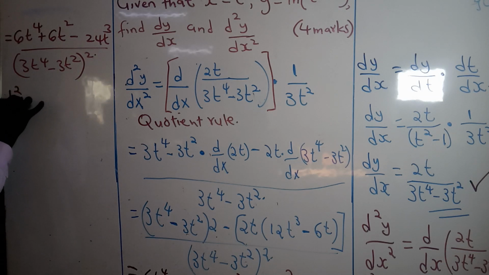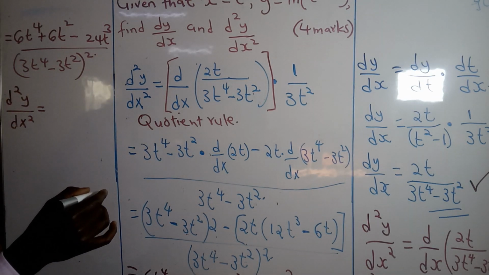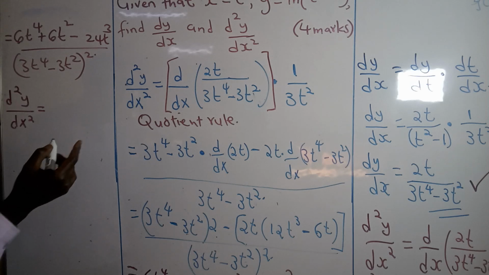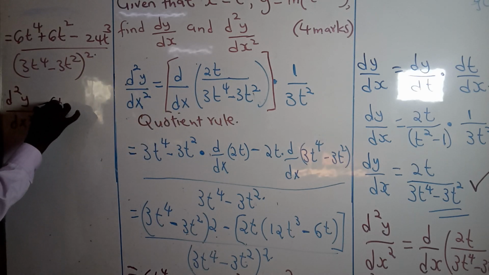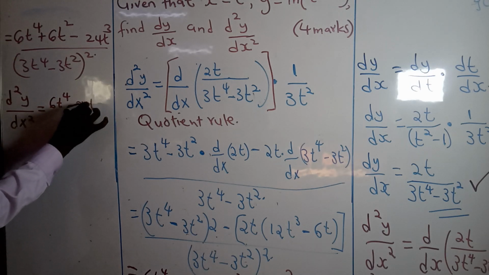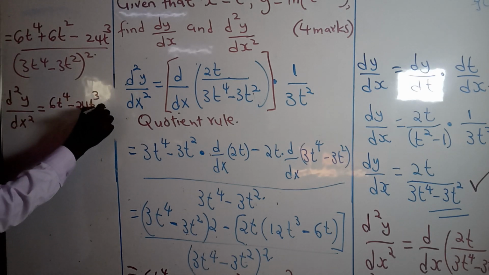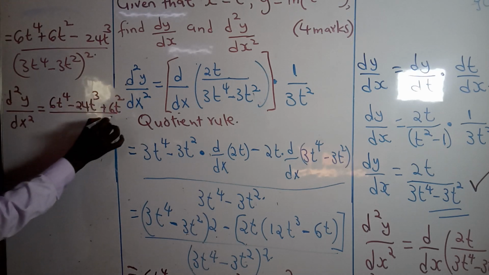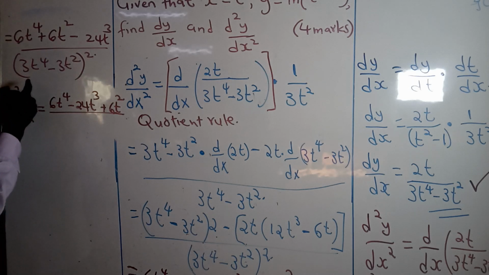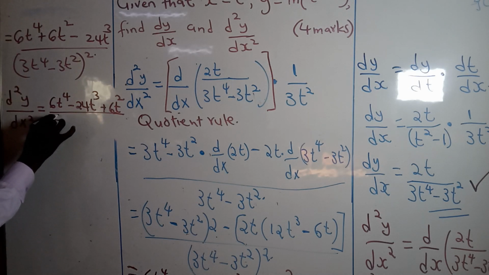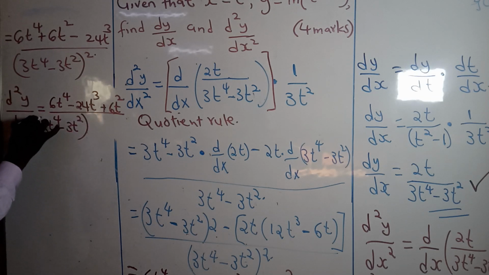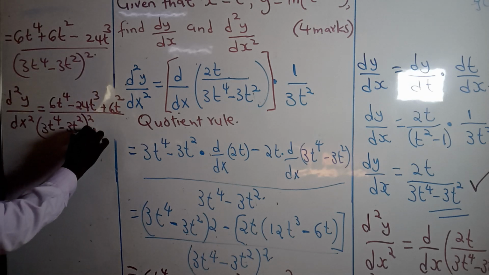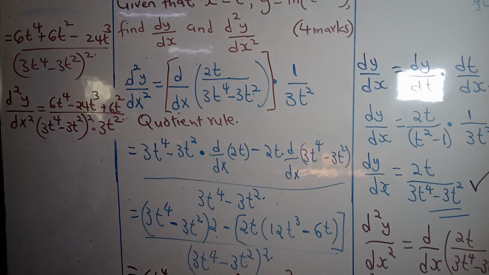Therefore, d squared y over dx squared will be equivalent to, when we multiply with 1 over 3t squared, it's going to be 6t to the power 4 minus 24t cubed plus 6t squared over 3t to the power 4 minus 3t squared, multiplied by 3t squared. So that simply implies that